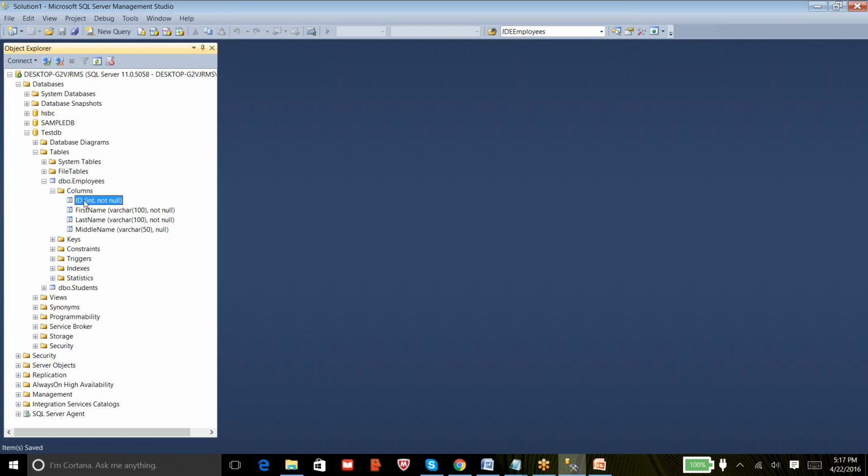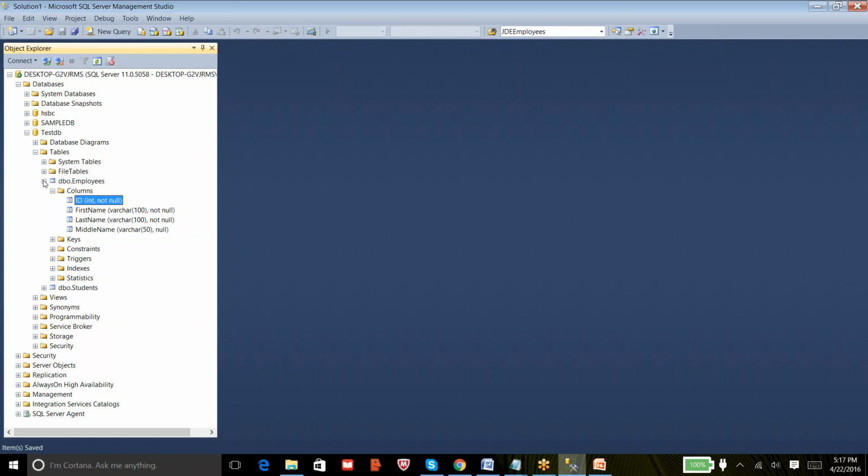So to avoid the duplicates, we can set up a primary key that will ensure this ID column has only the unique values, and there will be no null values repeated on this. So in order to create a primary key, I see a question from Venkat, what is a DBO?